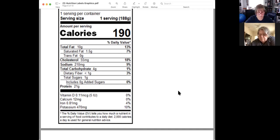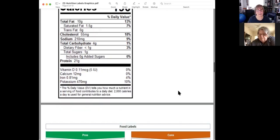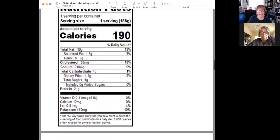Okay, so the next part of this is actually reading the ingredients, because even though we have all of those nutrients listed,